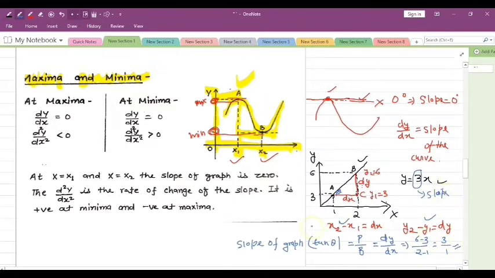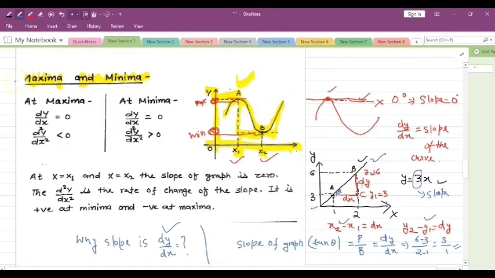The purpose of taking this illustration is to understand why slope is written as dy over dx. I hope you have understood why we call dy over dx the slope of our graph. From here you can understand that this statement, that dy over dx is called slope, is true for all conditions, not only in the case of a straight line but in the case of any kind of curve.